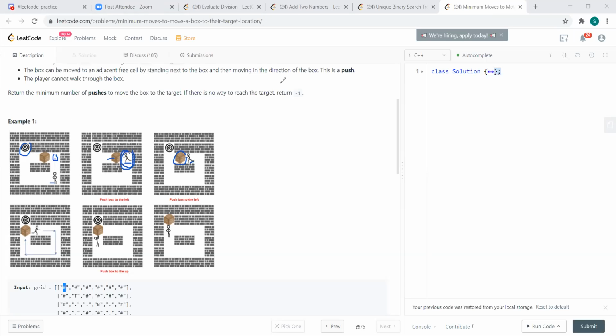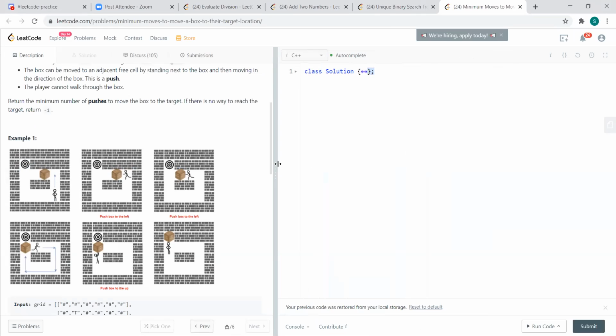You never know. But thinking at a very high level, it seems to me it's only the box I can move, not the target. So it won't be bidirectional as of now, at least the way I implement it. It will be more of a single source BFS, and I'll keep checking if the player is at the right position. Only then will I move my box, and that also I'll do with BFS.